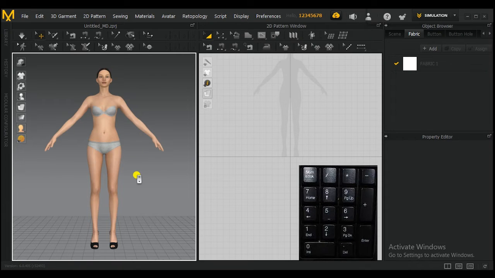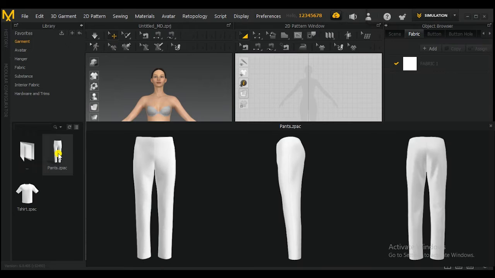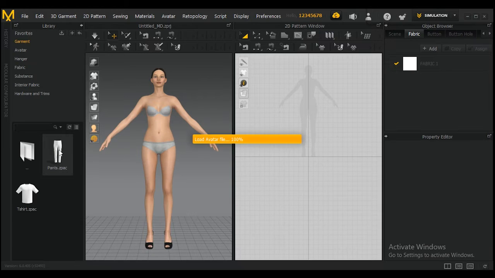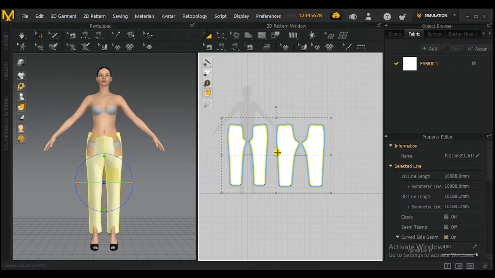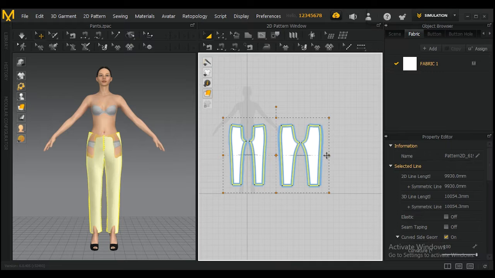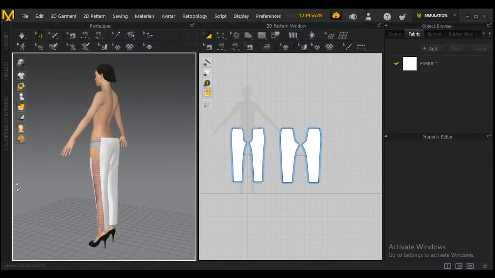Okay, and let's go to library and add these default garments. First of all, add the pants. Just double click it and it will load automatically. You can see that in the 2D window the patterns are here, and select all these and double click in the center, so you can see these orange dots, and now you can scale it and resize the scale a bit smaller so it can fit properly to the body,